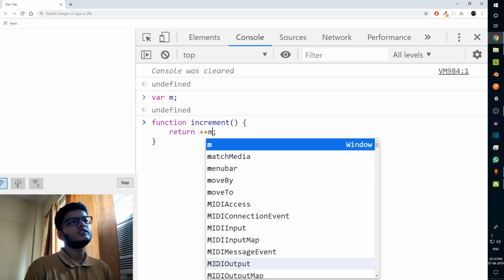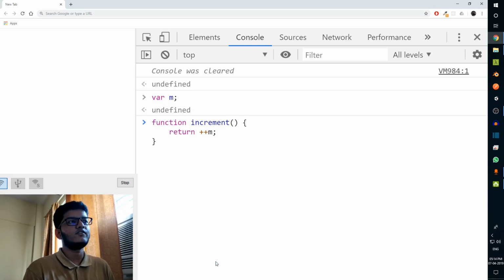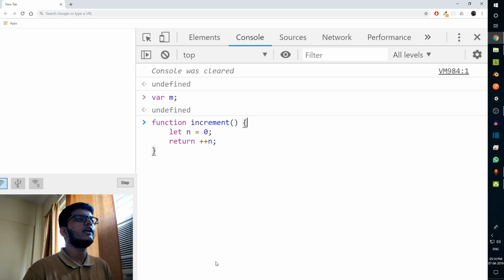But the problem is I can't increment m because it's not a number anymore. It's not a number, it's undefined, and I can't do that. So the solution to that is closures. So let's say,